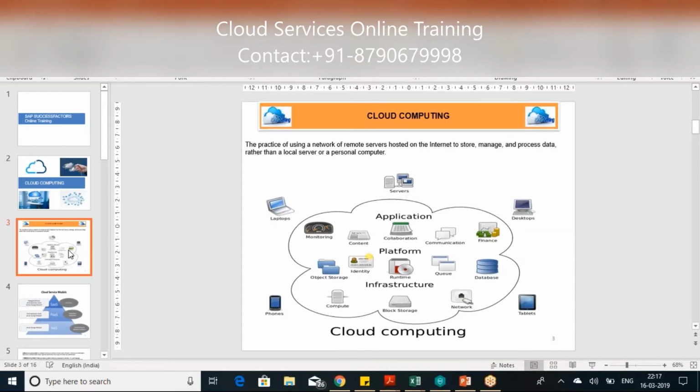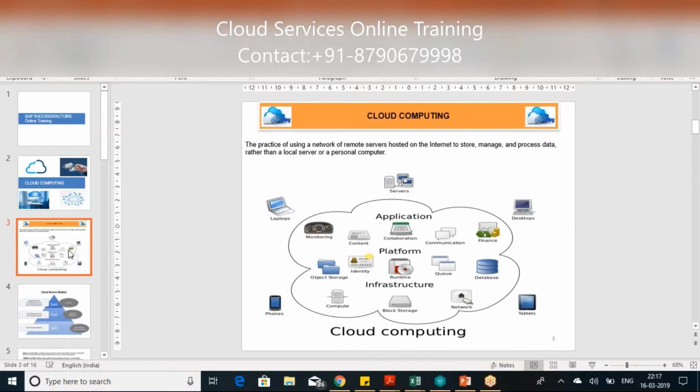Now, any application you take has three layers. Basically, the bottom layer is your infrastructure, where you need the server space to store the data or install the application. On top of your infrastructure we have your platform, where you develop your application.